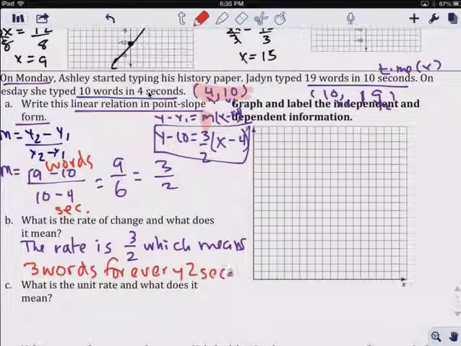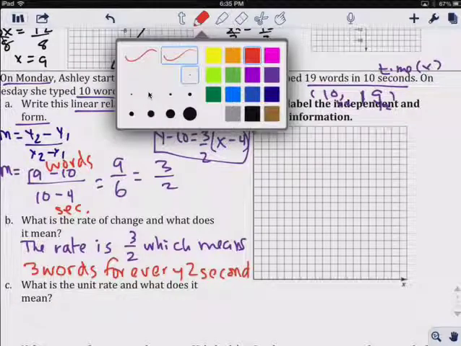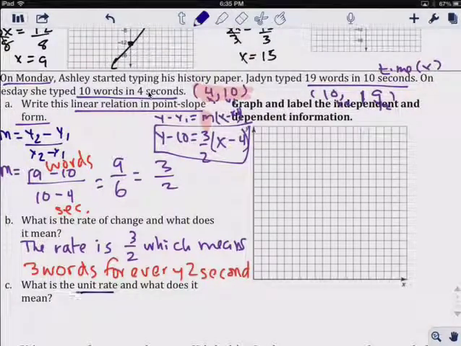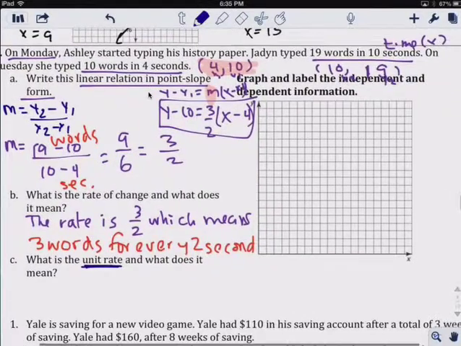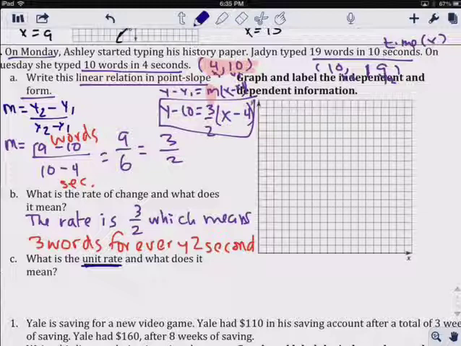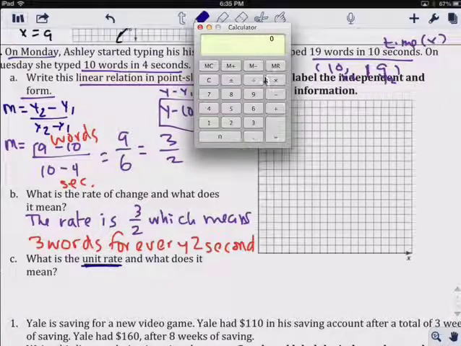Now, what is the unit rate and what does it mean? Unit rate is 1. So you need to use a calculator. Okay, 3 divided by 2 is 1.5. Oh, I gave the answer, that's why. 3 divided by 2 is 1.5. The unit rate is